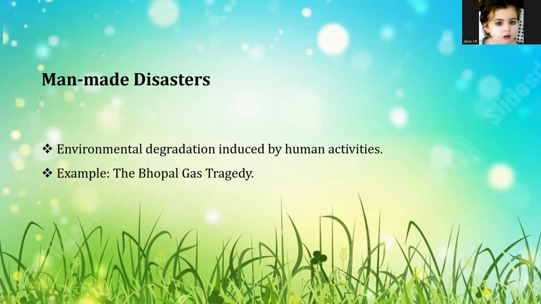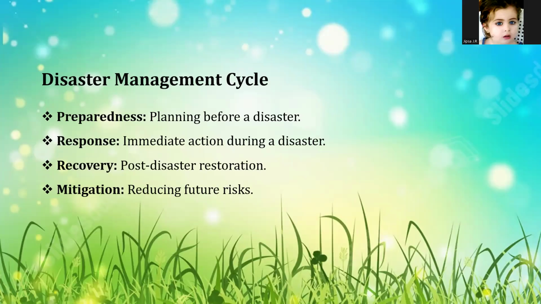Next is the disaster management cycle, and this point outlines the disaster management cycle, a continuous process by which individuals, groups, and communities manage hazards to avoid or reduce the impact of disasters. It is generally divided into phases that occur before, during, and after an event. The first phase of the disaster management cycle is mitigation, that is pre-disaster.